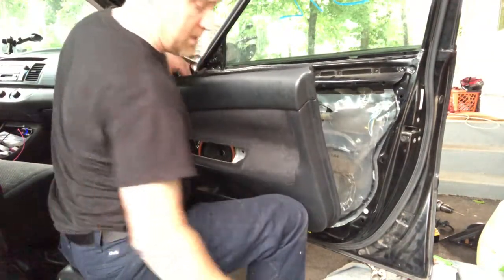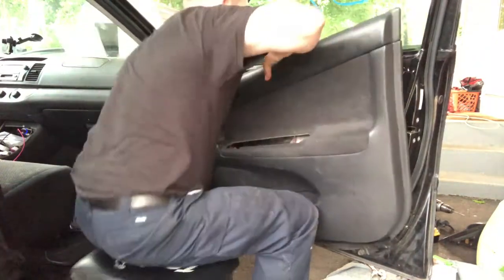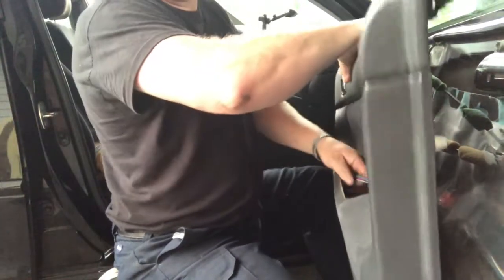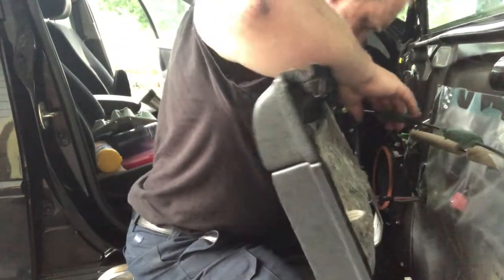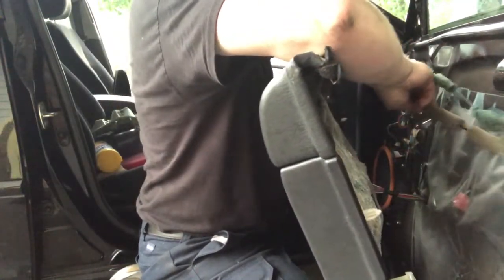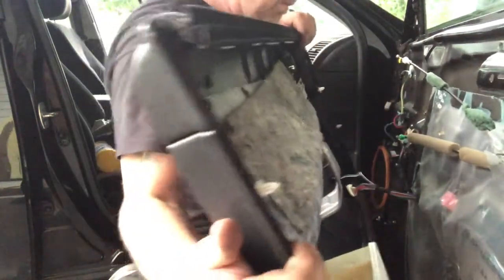Okay guys, so when you do this, you're gonna want to connect everything together and have all your wiring where you need it before you clip it all in, okay? So as I put this in, I'm pulling my wires from my locks and window switch right out of there. I'm also going to attach the door locks and the door lock and door latch together, okay? So I'm putting those cables in before I complete